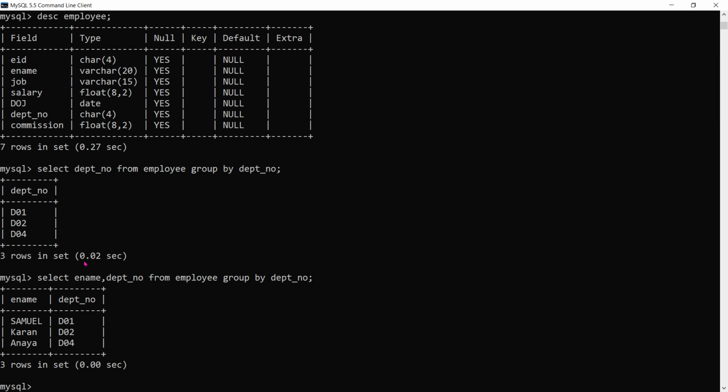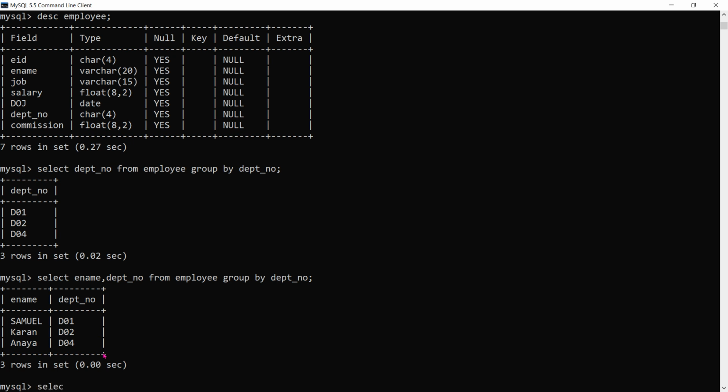Is it the correct response we are getting? Is it that in D01 only Samuel is there, in D02 only Karan is there, and in D04 only Anaya is there? No, that is not the case.